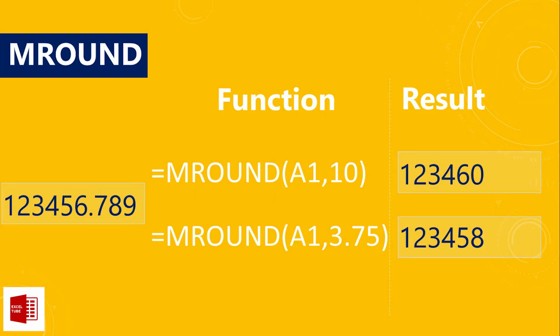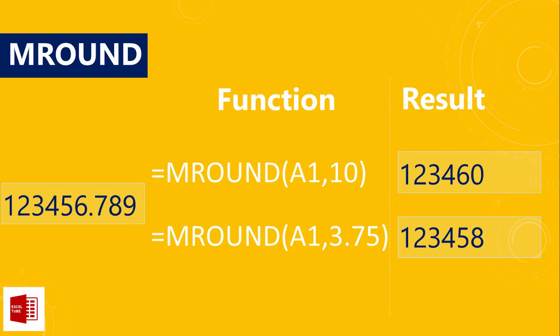For example, 1 US dollar is exactly equal to 3.75 Saudi Riyals. That's a fixed rate. Suppose you are making payments in Saudi Riyals to a US client and you need to know how many dollar notes are to be paid exactly, we need a better function. We use Mround